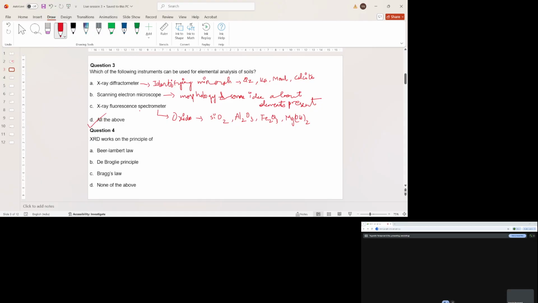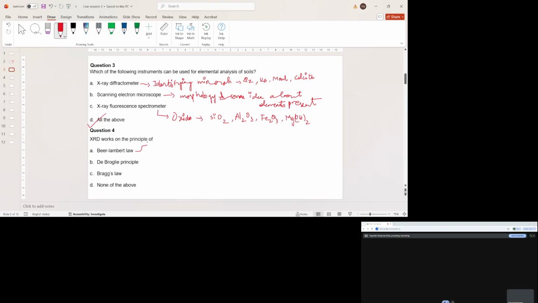Question number 4 is, XRD works on the principle of option A, Beer-Lambert's law, option B, de Broglie principle, option C, Bragg's law, option D, none of the above. There are three different laws which we have all been introduced to in our higher secondary schools. Beer-Lambert's law is essentially used